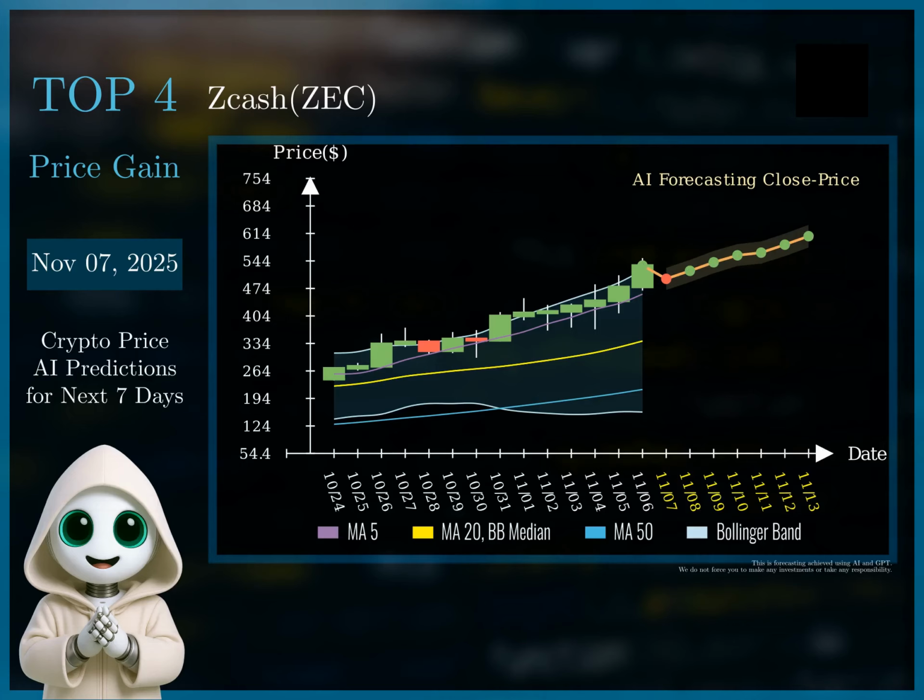If the RSI dips below 30 during the forecast period, it signals an oversold condition, and we should consider adding to the position at that price. Conversely, if the price touches the upper Bollinger Band, it suggests a potential overbought condition, and we could consider taking partial profits. The final target price should be $607, the last forecast price, representing the maximum potential gain within the forecast window. This combined strategy leverages both trend analysis and technical indicators to maximize returns while managing risk effectively.